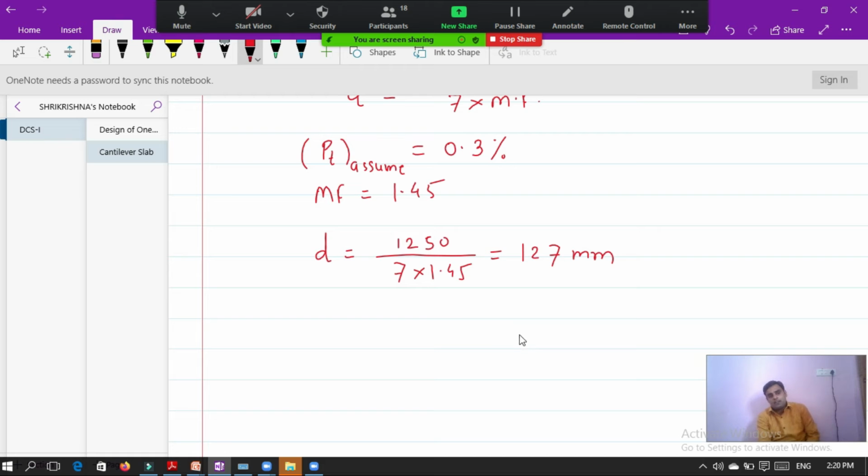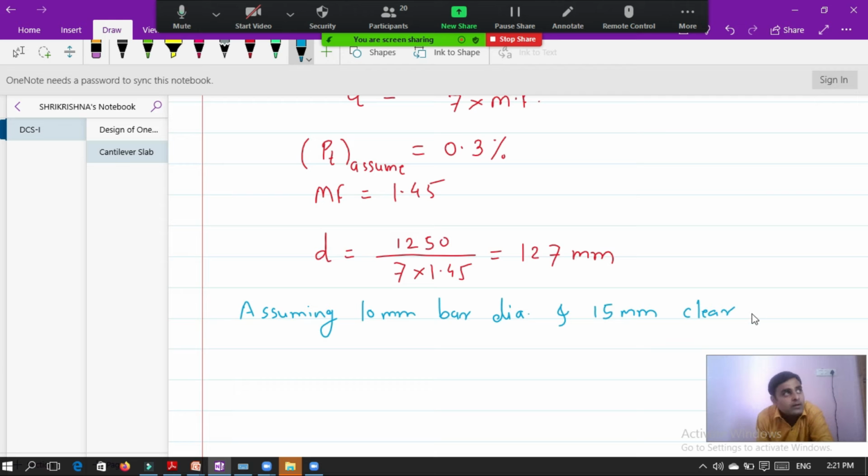Okay. Now after this, you can assume the bar diameter and clear cover. So I am assuming here 10 mm bar diameter and 15 mm clear cover.